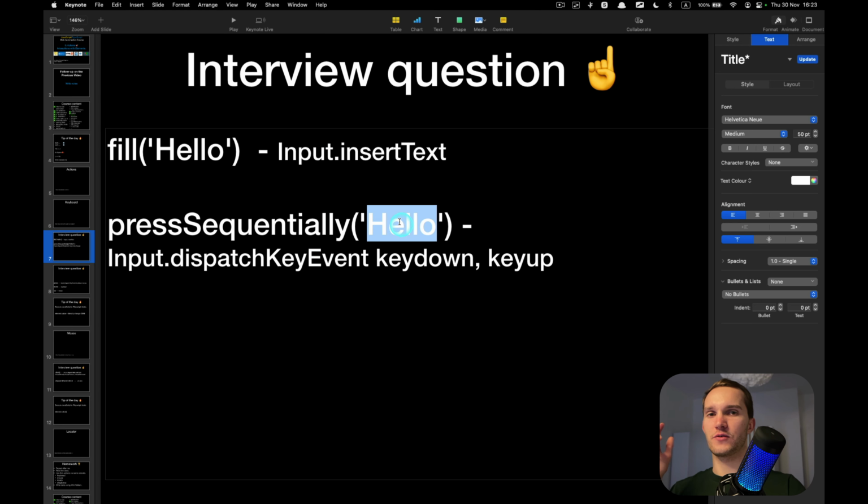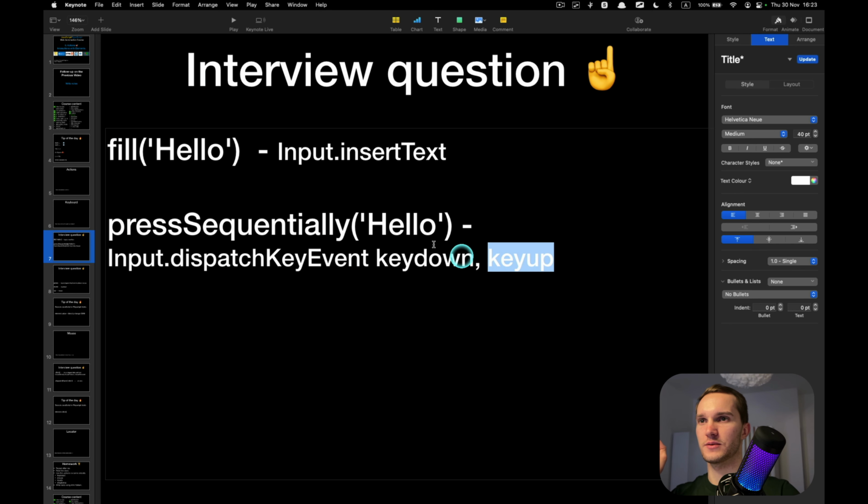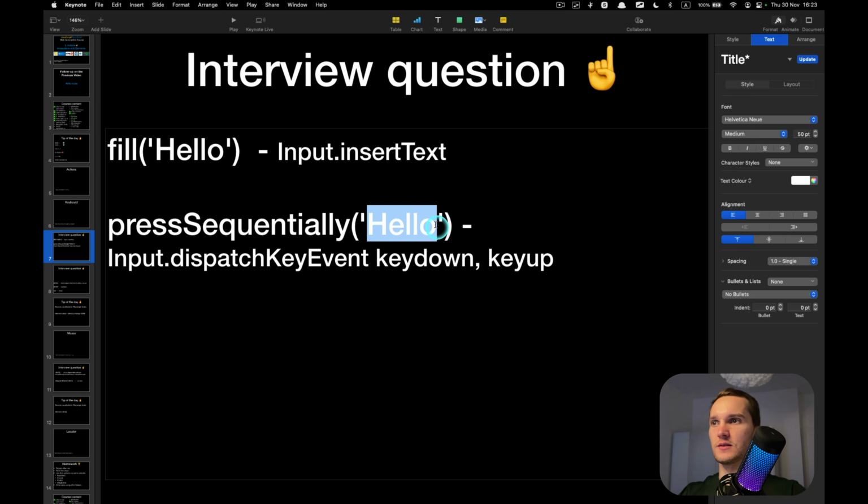And for this one, Playwright would send browser commands like: press H, release H, then press E on the keyboard, release E, then L, and so on. So for each letter it does key down, key up, and that's the way it fills the input.